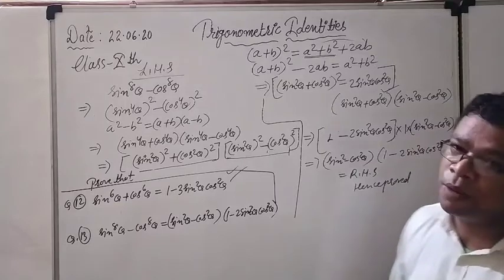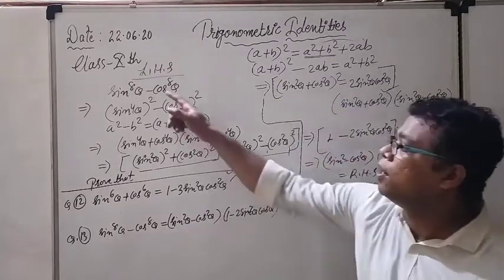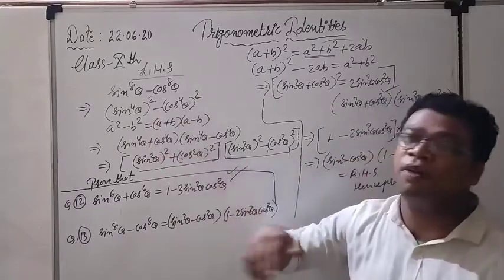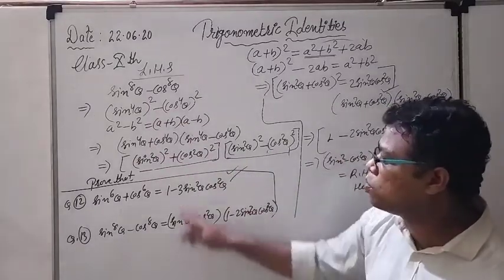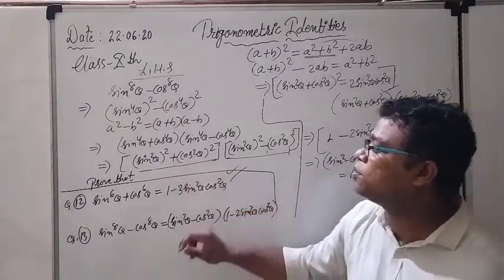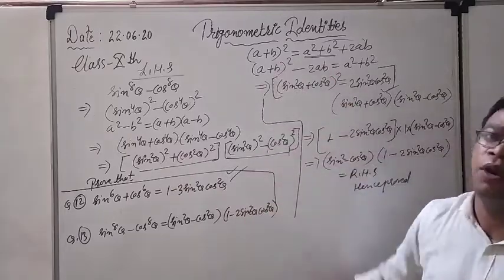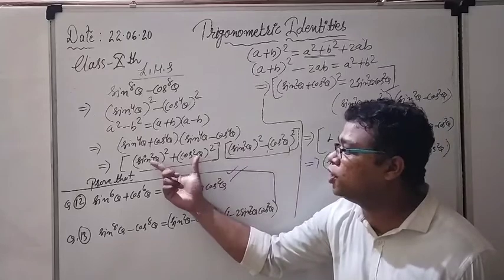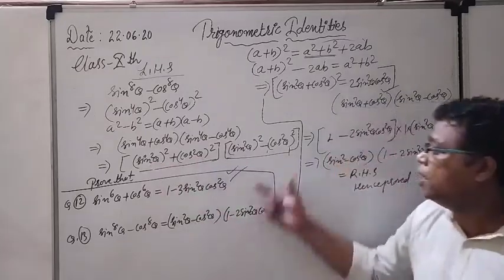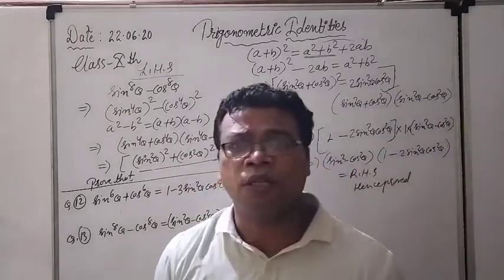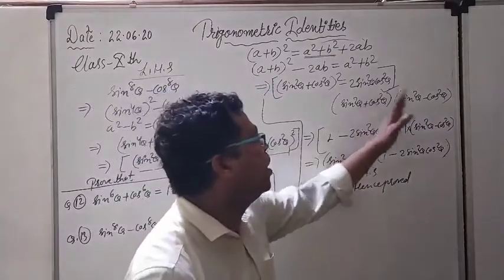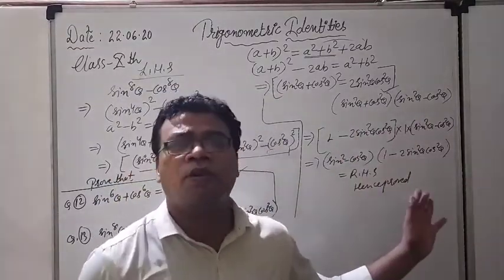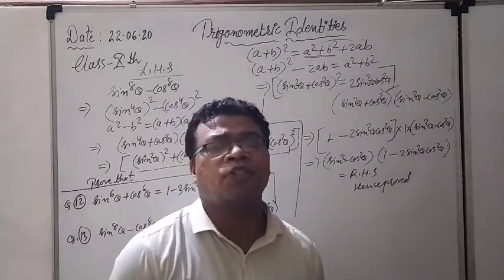Look, the smallest summary of the question: power 8 will be converted into power 4, and after that power 4 will be converted into power 2, and after that a square plus b square. So I remember the formula (a plus b) whole square, and after that I have done the adjustment for this a square plus b square. This is a square minus b square, so nothing, (a plus b)(a minus b). And after that, one particular identity will come into the role, that is sin square theta plus cos square theta is equal to 1.